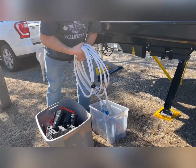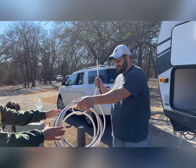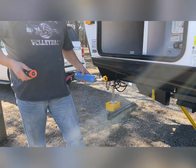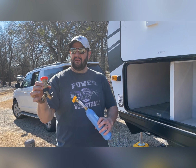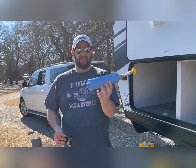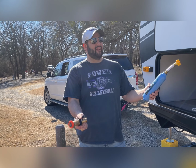So for our fresh water, what we're going to do is use our white hose. Again, have one of your helpers extend it, make sure it's nice and straight. Then within the kit, you want to get your pressure regulator, your valve split, and then your water filter. What we're going to do is connect this to our city water and then connect that hose